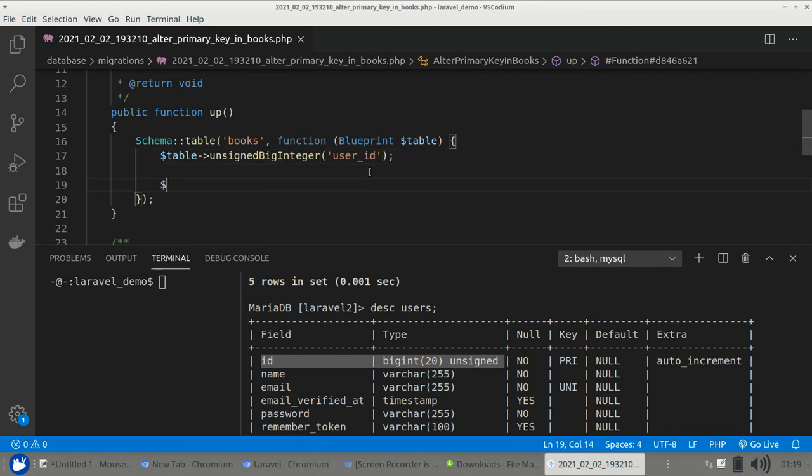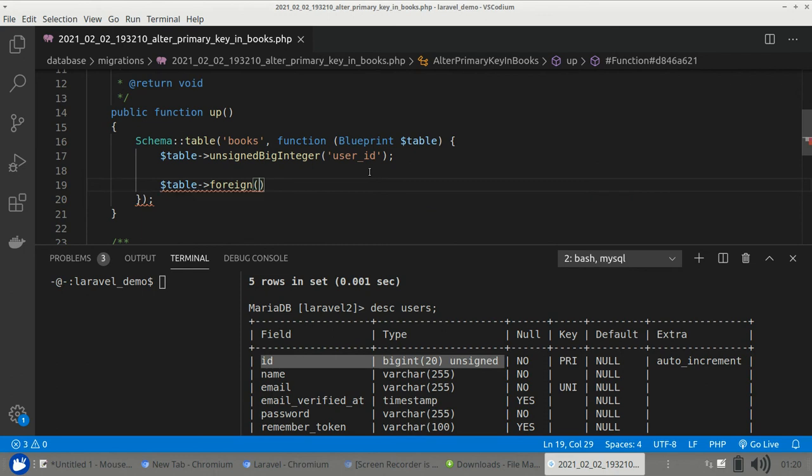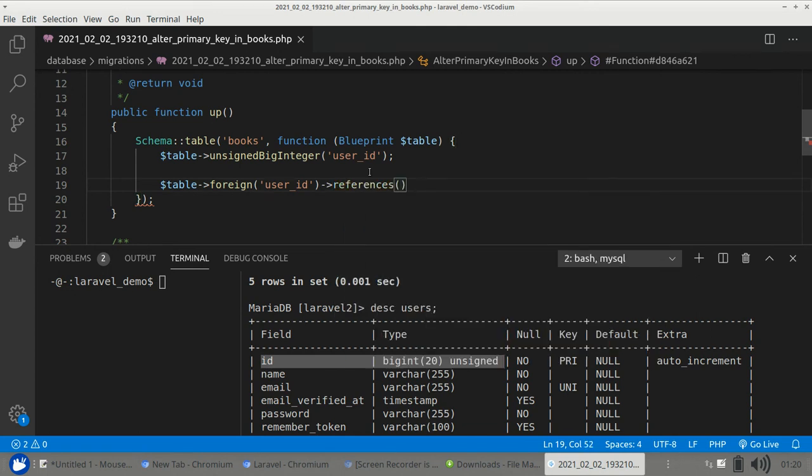Then we have a function foreign, and in this function we need to pass the column which we have created, user ID. Then define the relationship column. For this we have references, ID,